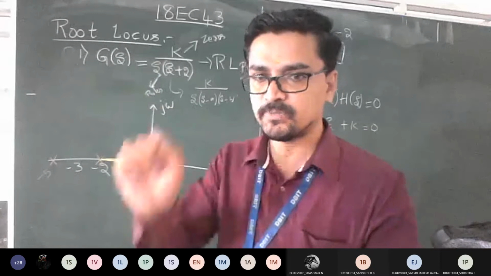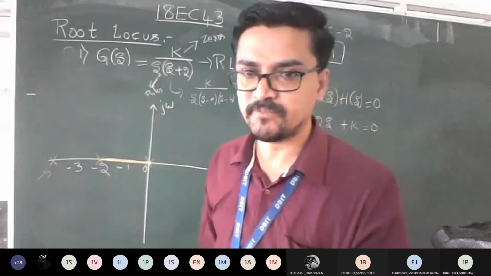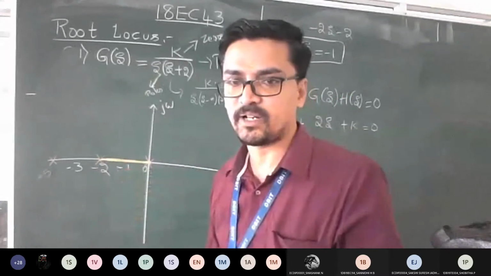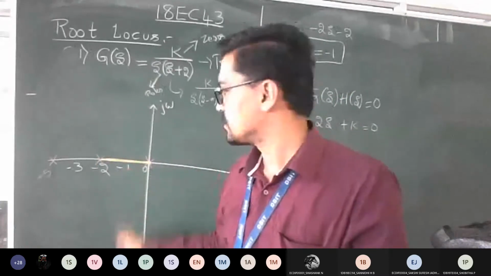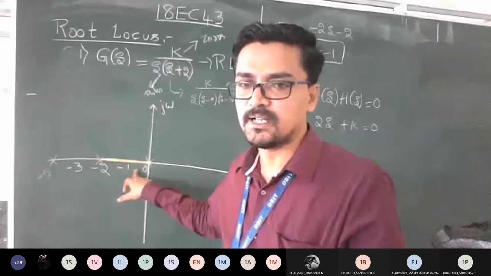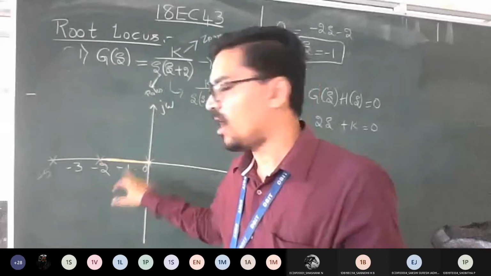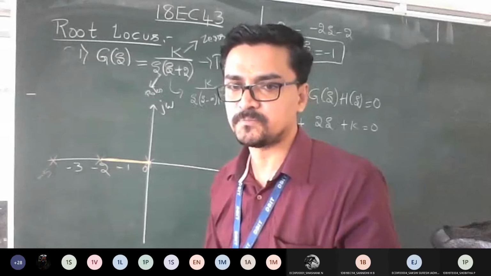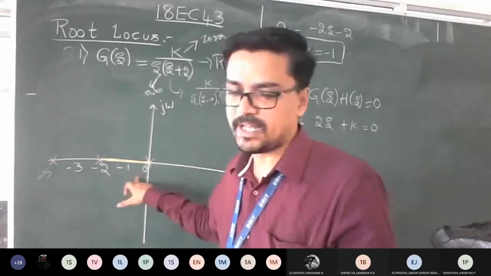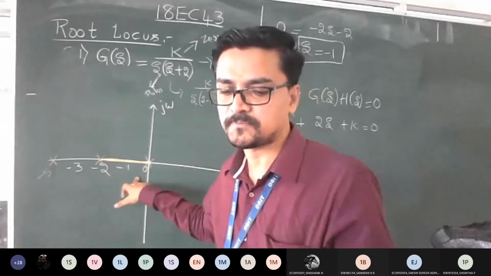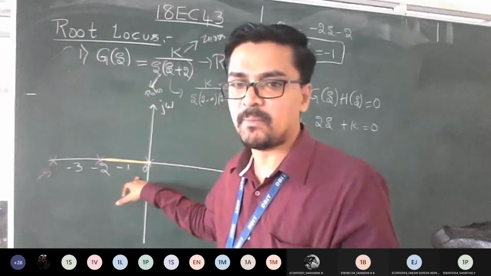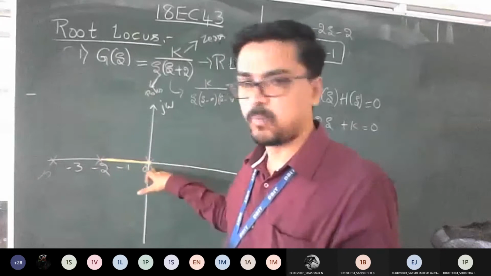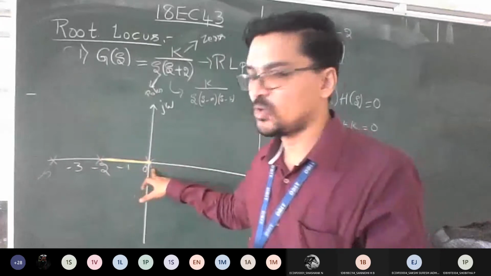So you better just make a note, otherwise you will forget. Make a note of how to trace this line of root locus. Let me tell you clearly. Make a note: the line of root locus always emerges from poles towards zeros. I'll repeat, it always emerges, meaning it starts generating its position from poles towards zeros.